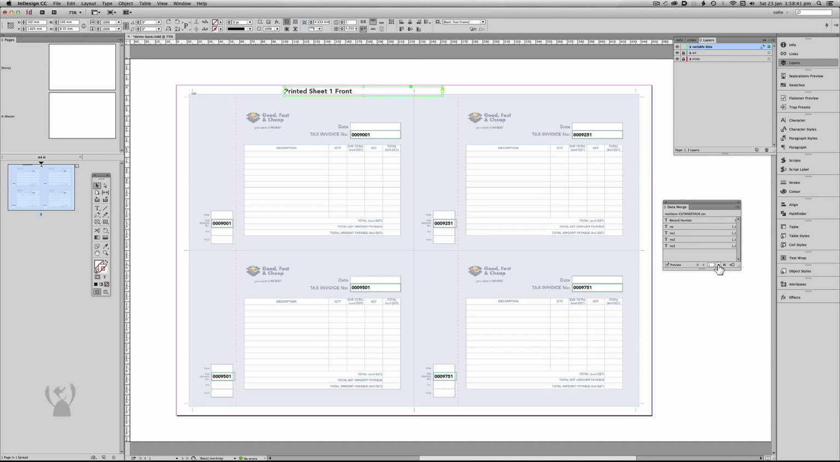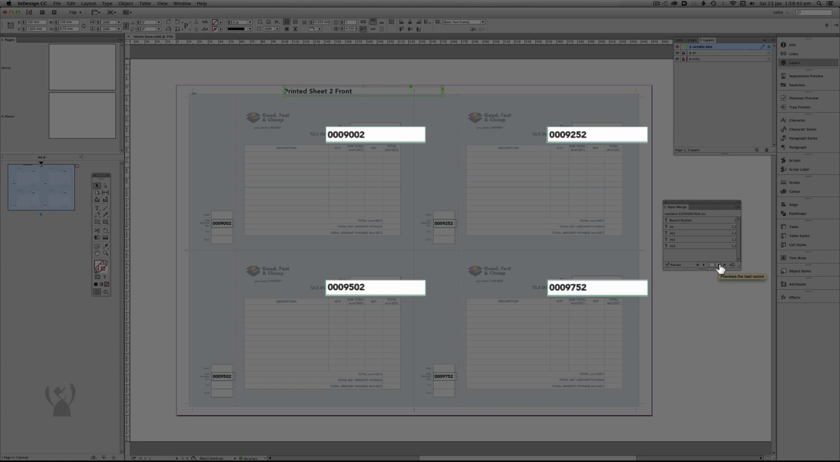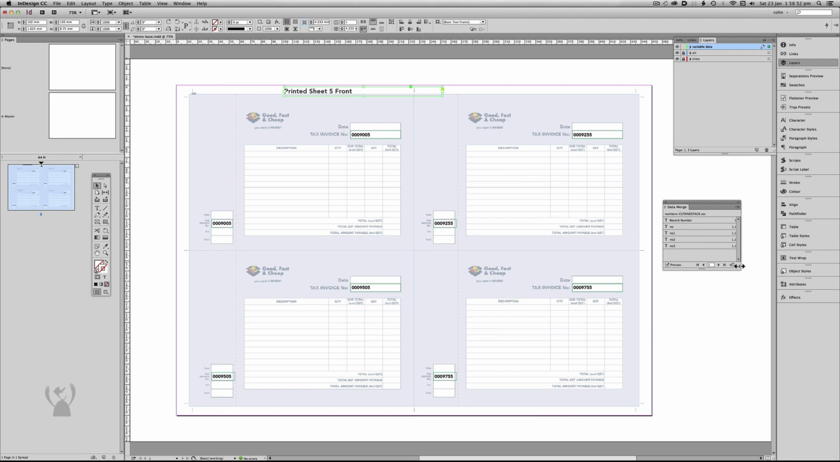So as we cycle through each record, we can see that the imposition is behaving properly. That is, the next record is appearing on the sheet underneath rather than to the right. So we'll cycle through all of those. So why 250? Well, we had 5 sets of 50 sheets. So that's 250. So when we go to record 250,